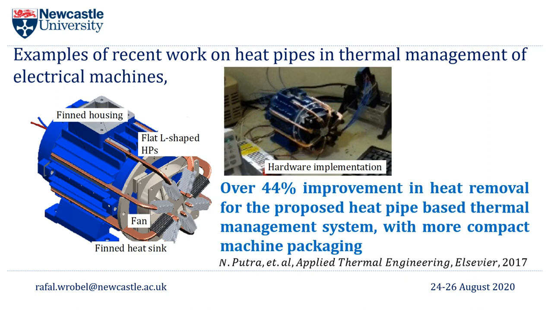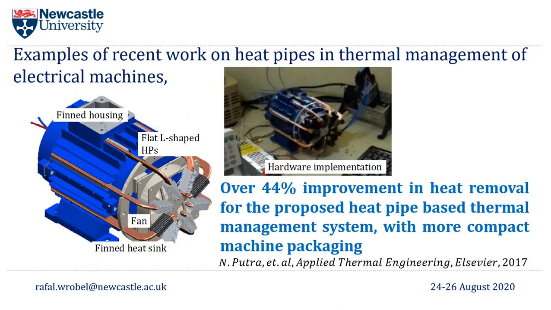And here the authors report a 44% improvement in heat removal. Just to note that conventionally machines of this type have some form of fan attached to the shaft, or for larger machines some external fans, which then lead to a relatively large volume of